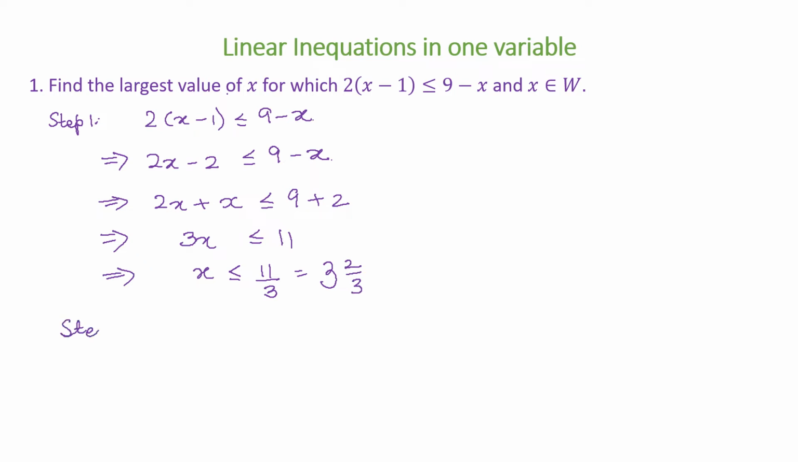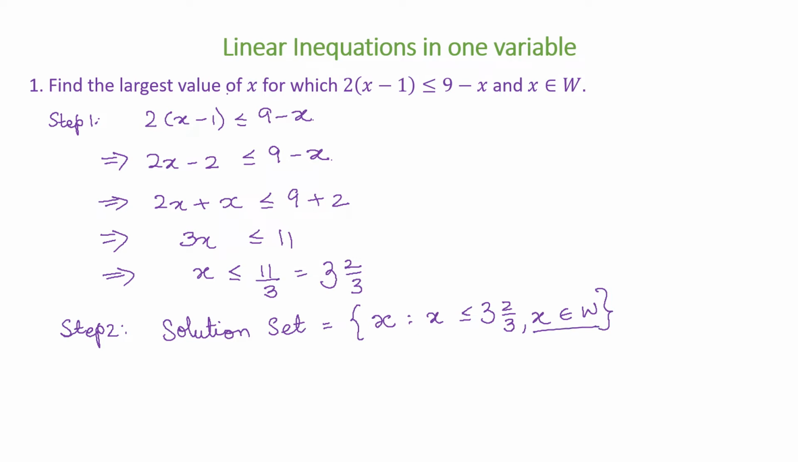Therefore, step 2 that I am going to write down is the solution set. That is, solution set is going to be equal to all those x such that x is less than or equal to 3 2 by 3 and x belongs to W. This is very important for you to note. Where does x come from? x comes from the set of whole numbers. This implies that your answer can also be written as,